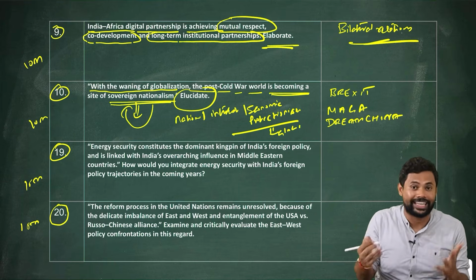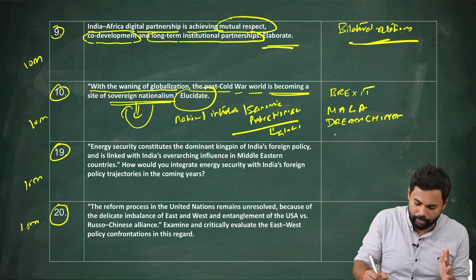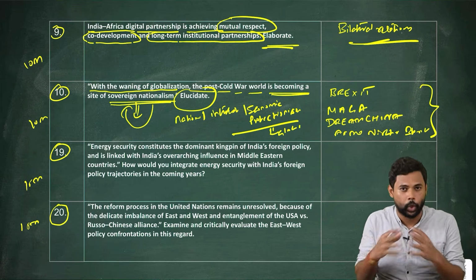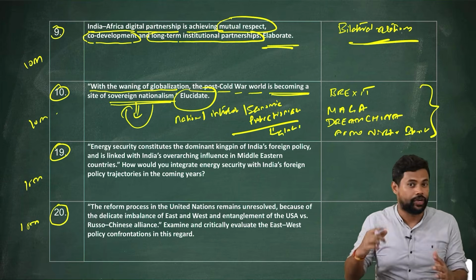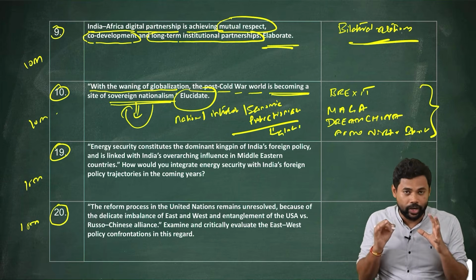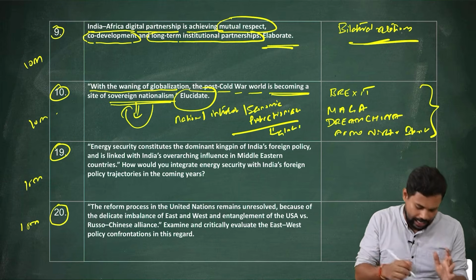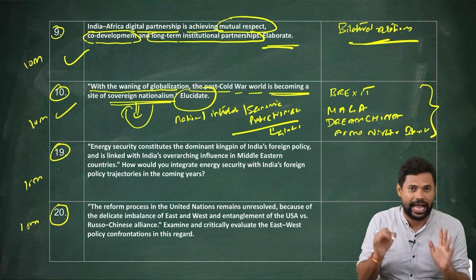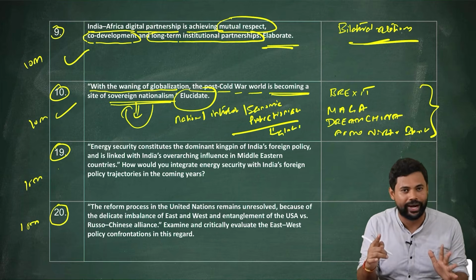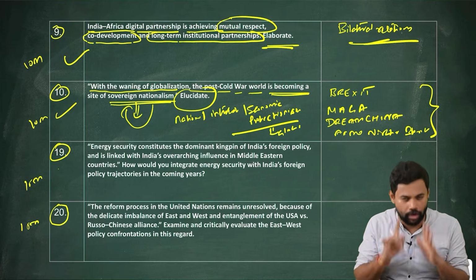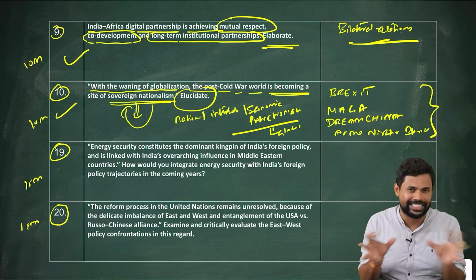The next is, if you take India as Atmanirbhar Bharat. So if you take all this scenario, you know that globalization is taking a back seat. Sovereign nationalism, where national interests are prioritized, that is taking a front seat. So taking all this into consideration, this was again an expected question, and I would consider both 9 and 10 as questions that you would have prepared, questions that you would have practiced if you have written a lot of mock tests. A lot of mock tests of a lot of institutes more or less covered these lines.